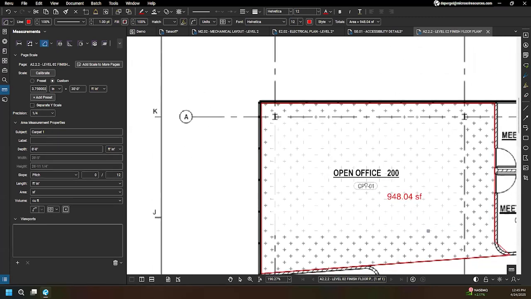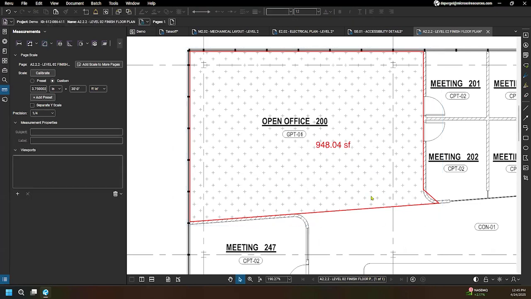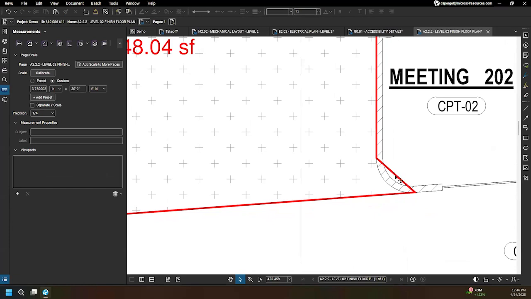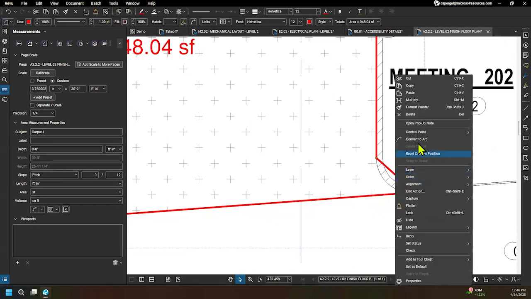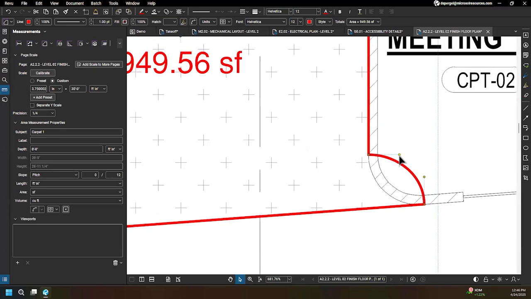Okay, great. So there is my square footage for this office section. Obviously, it's not super accurate because of this section over here. But let's go ahead and I'll show you how to deal with that. So if I hit the escape key to exit out of the markup creation, now I can go over here to this little segment. If I right click on it and click on convert to arc, it will change that segment into an arc that you can control. Right now it's inverted, so I'll grab this control point here